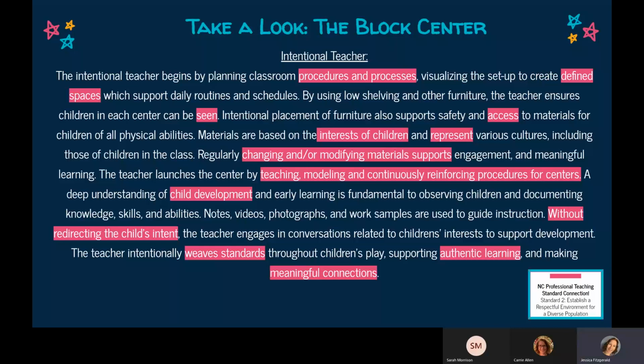In each planning guide, center-specific strategies are shared as well.